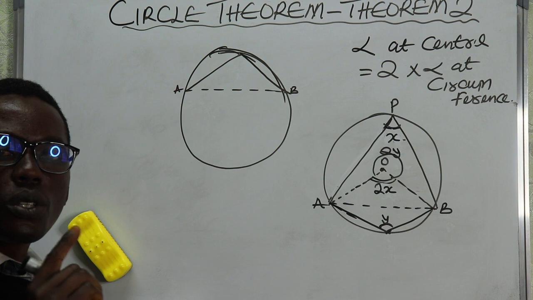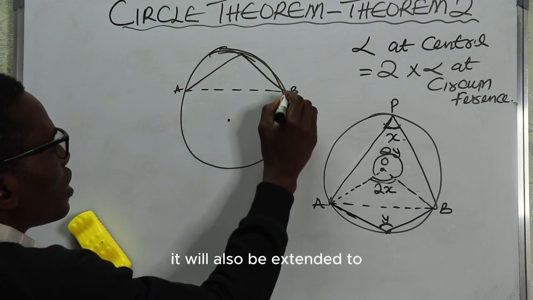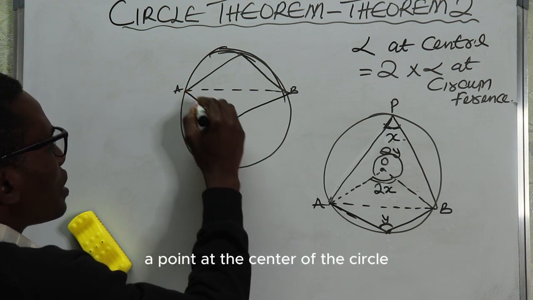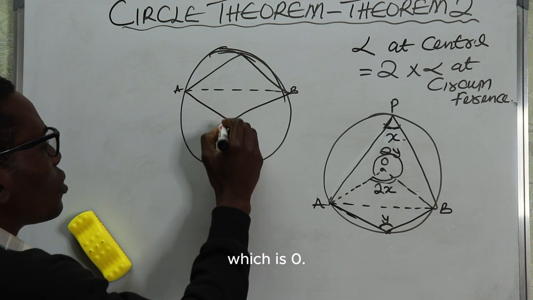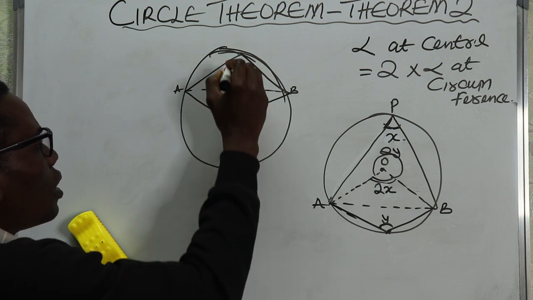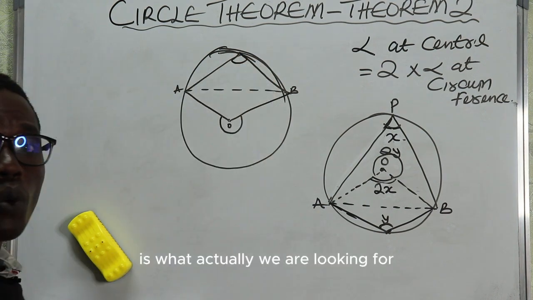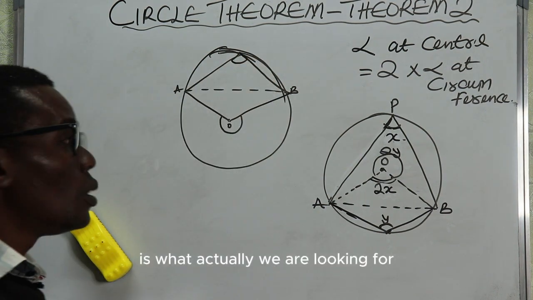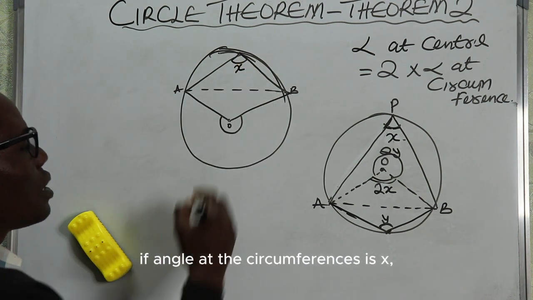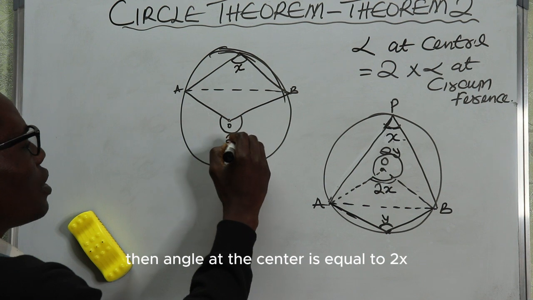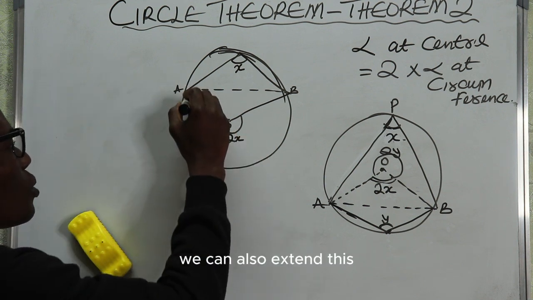And since this chord sustains an angle at the circumference, it will also be extended to a point at the center of the circle, which is O. So this angle and this angle is what we are actually looking for. If you look at this angle, if the angle at the circumference is x, then the angle at the center is equal to 2x. Now if we want to find out this, we can also extend this,